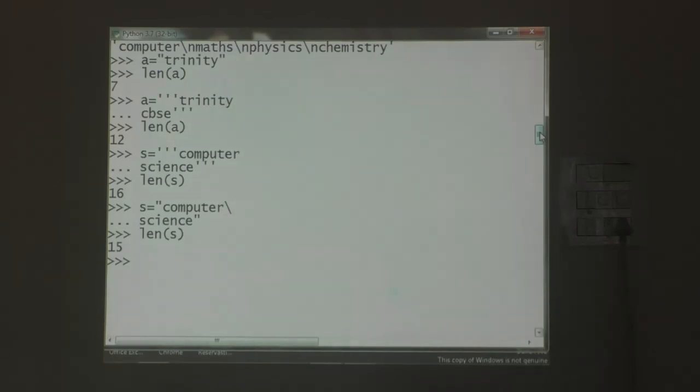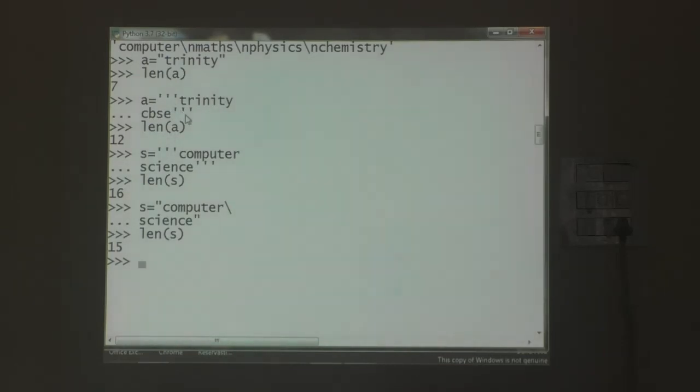When a multi-line string is created with single or double quotes and a backslash is used at the end of each line, what did you understand is the difference between these two? For a multi-line string created with triple quotes, the end of line character is counted.